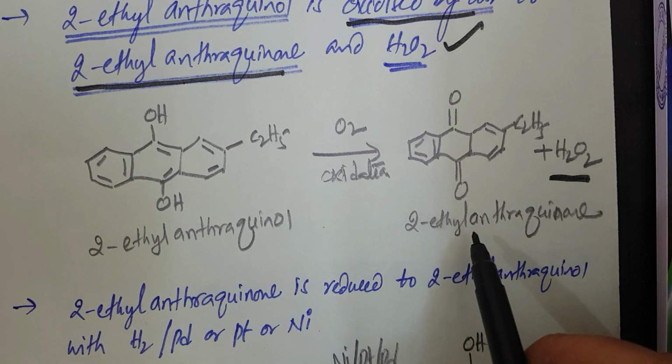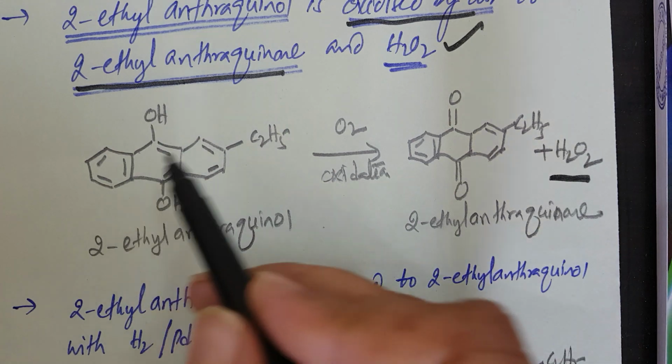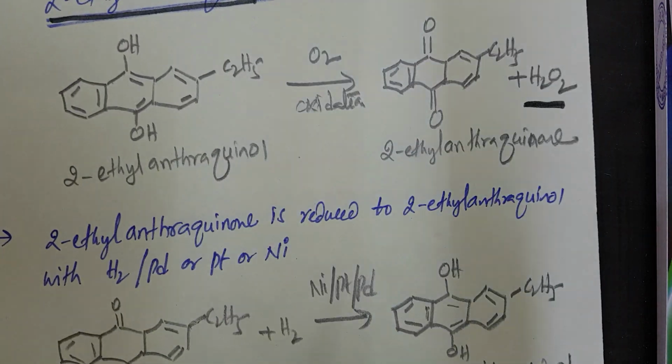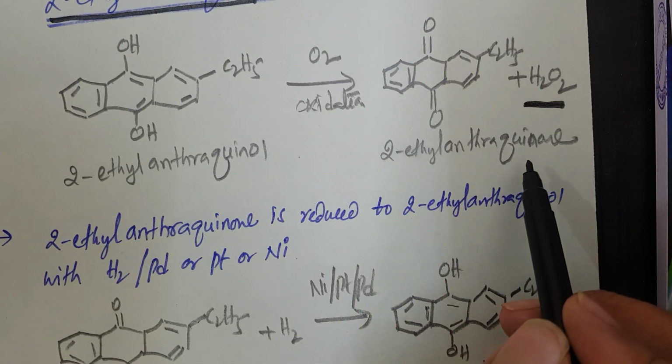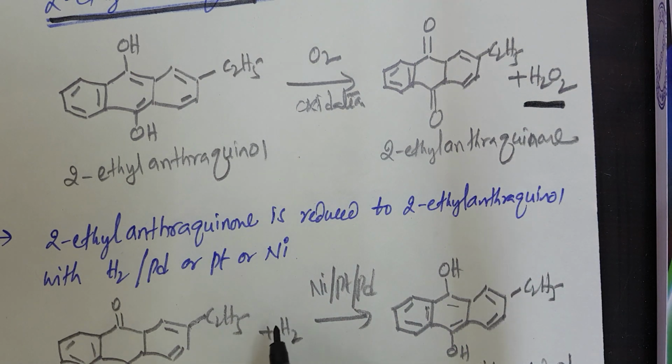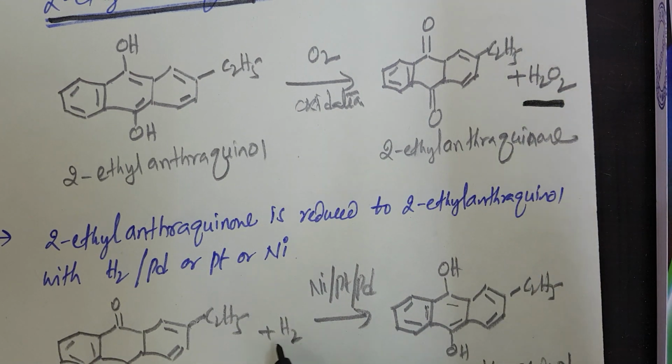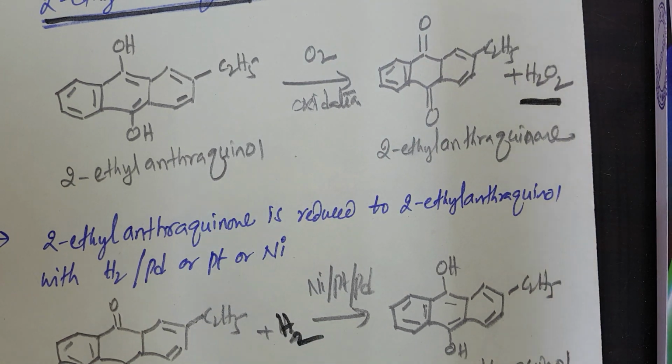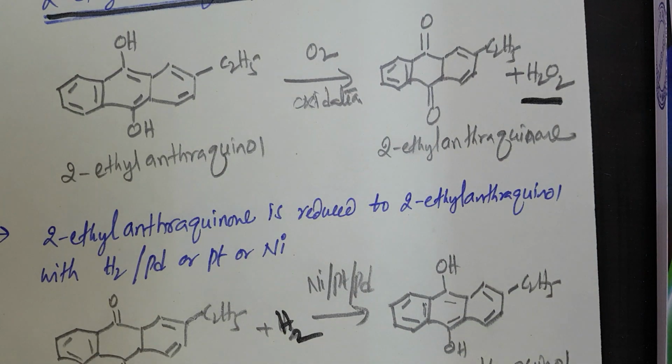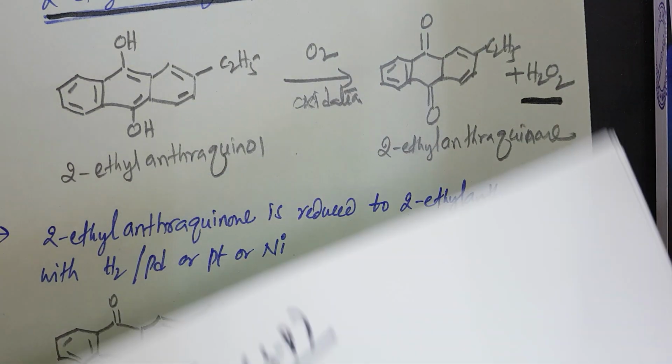And this 2-ethyl anthraquinone again you can convert into 2-ethyl anthraquinol. This 2-ethyl anthraquinone is reduced to 2-ethyl anthraquinol. So simply you can say it is a cyclic process. Reason for calling it a cyclic process,